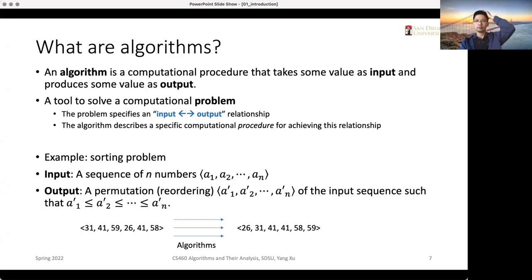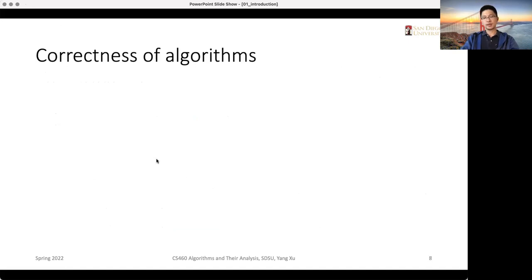Okay, but here we just said the procedures that can achieve such a goal, right? Well, we didn't even mention whether this procedure is performant or not, how fast it runs, right? But these are already more advanced concepts, or more advanced topics, that we will cover in the next stage. Yeah, so before we care about the running time, how fast an algorithm can run, we actually need to